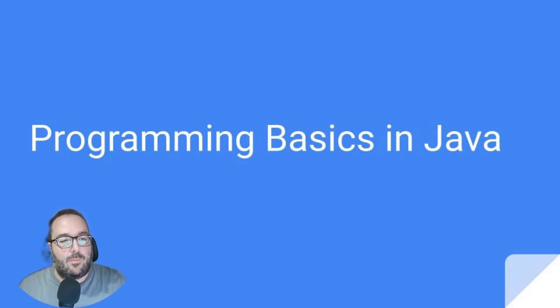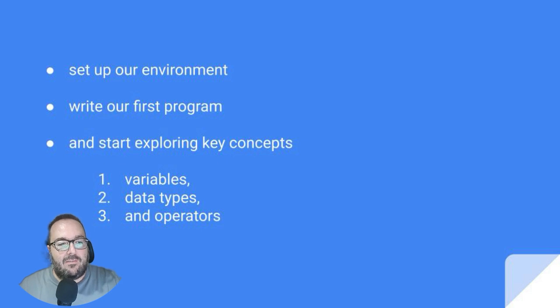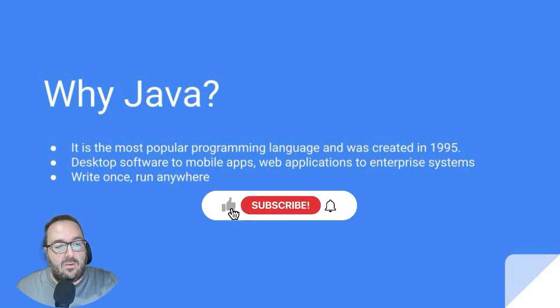In this part of our programming basics tutorial, we'll cover the following key topics. Introduction to Java and setting up our development environment with IntelliJ IDEA and JDK. Understanding basic Java syntax and program structure. Working with variables, data types, and operators for arithmetic, assignment, comparison, and logical operations. Learning about conditional statements with if, else, and switch. And in the end, we will put everything together by creating a small app using everything we have learned so far. But you might be asking, why Java?